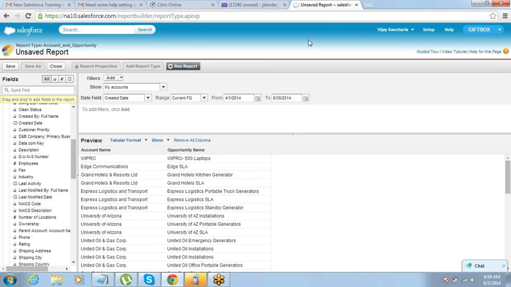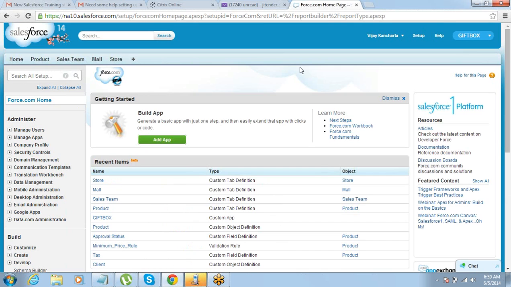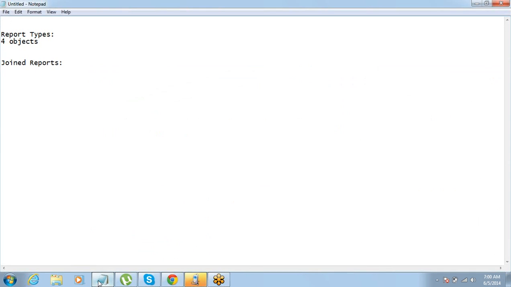So the join report is a simple thing. For creating a join report, before I actually get into it, let us understand this.